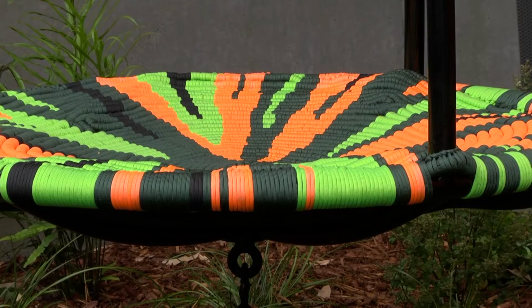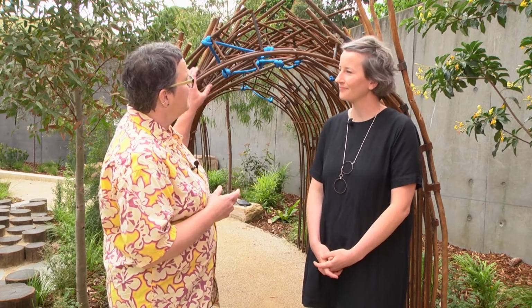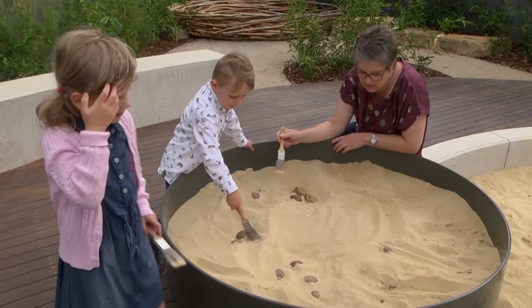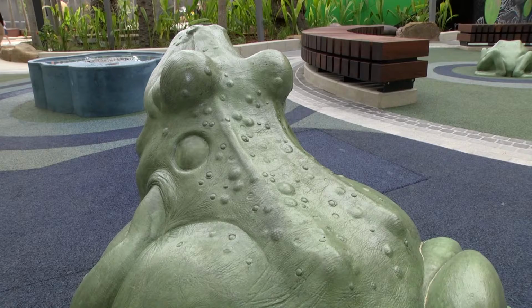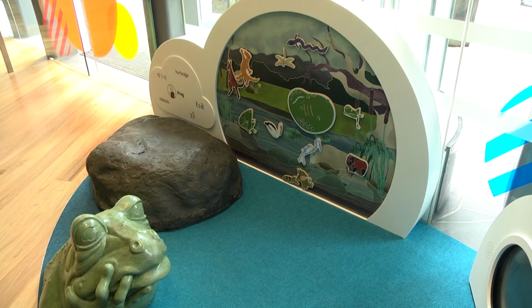There's a lot of artists involved in the project too. These woven seats here, just to name some names, Pat Jarrett. This was done by someone named Ben Friend, and there's a giant woven nest in the other part of the garden that we might take a look at, and some frog sculptures. There's an indigenous story that runs through the courtyard with Tiddalik the frog. So the frog sculptures were made by Martin Moore. So having those sort of resources to integrate into the garden was really lovely as well. So there's a lot of different layers of things